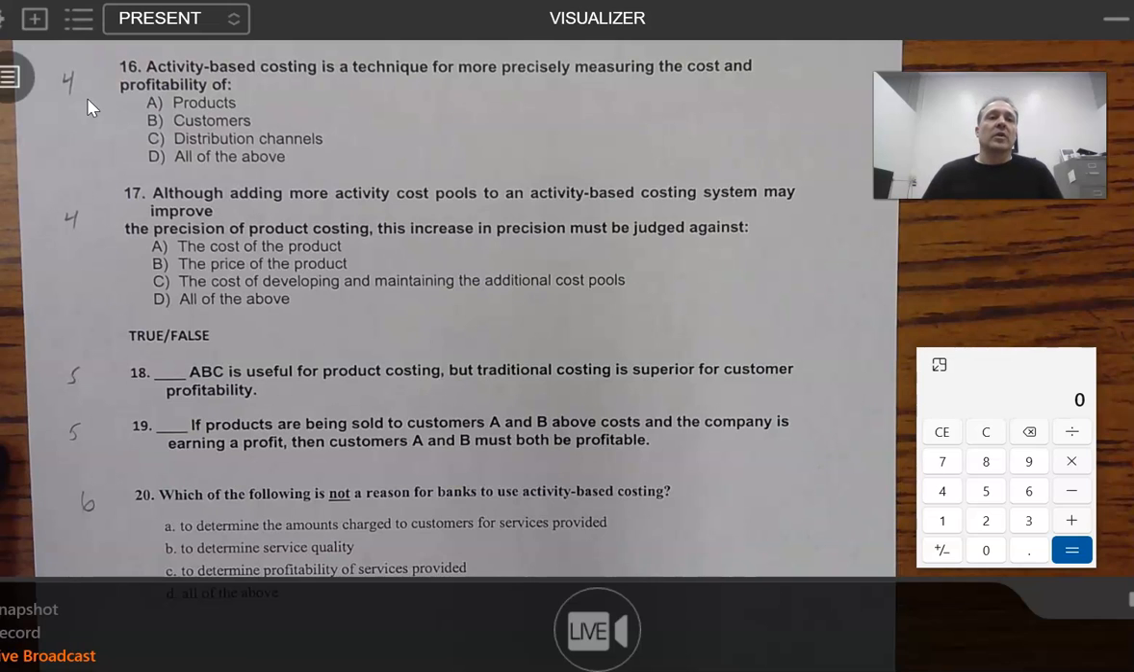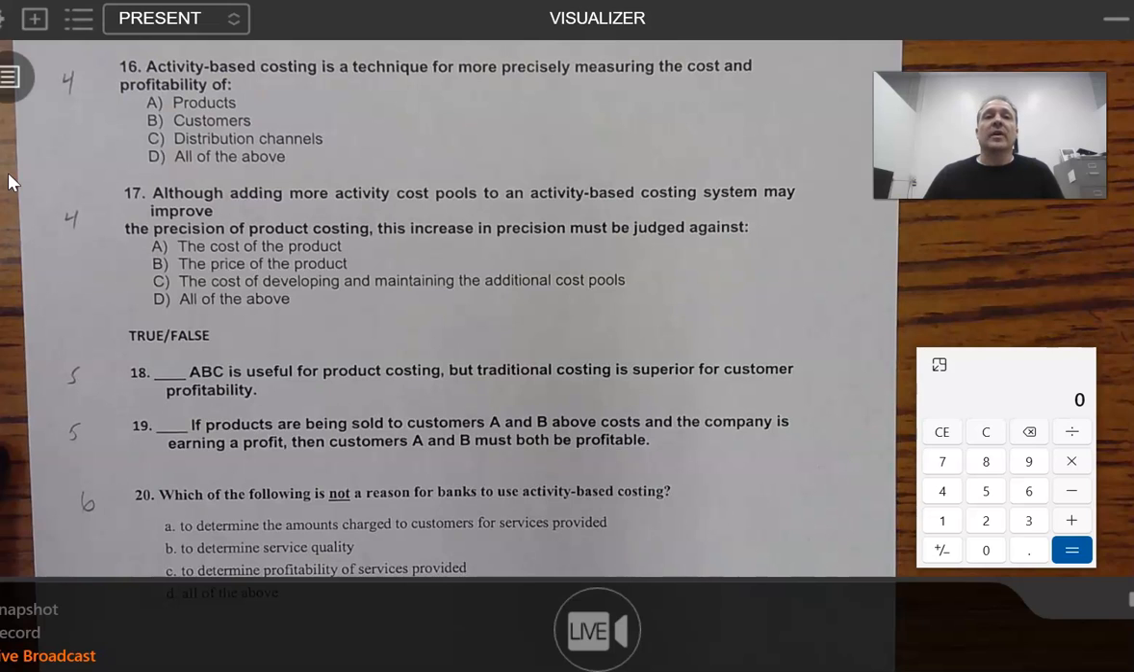Learning objective 4 starts off with question number 16 on our handout. And it says, activity-based costing is a technique for more precisely measuring the cost and profitability of. Okay, so this is covered in learning objective 4 for the textbook that I'm using, but we also covered this